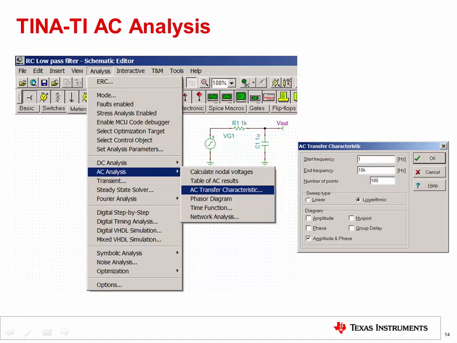The Texas Instruments SPICE Simulator, TINA-TI, can be used to simulate the AC response, or transfer characteristic, of the circuits we have discussed so far. It can be downloaded from www.ti.com/TINA-TI.